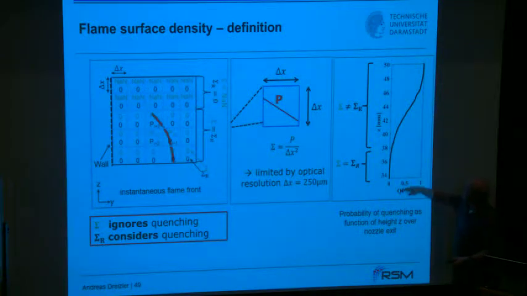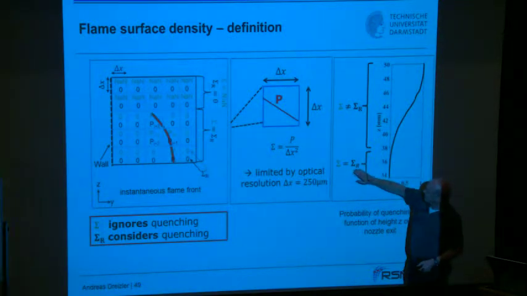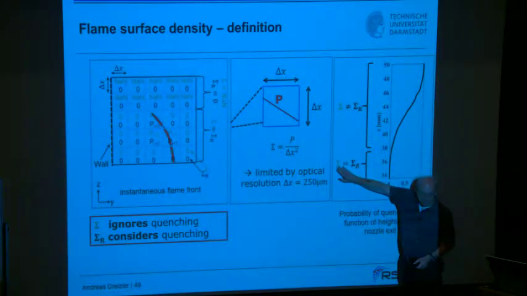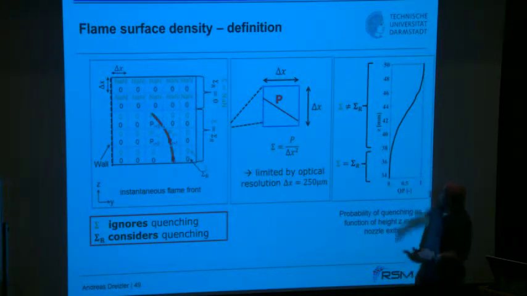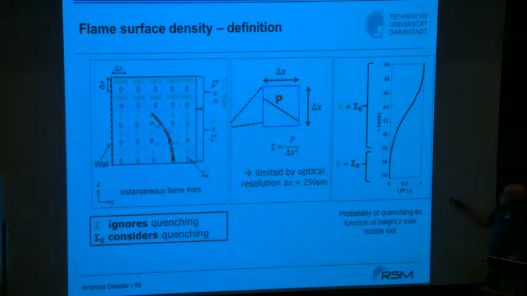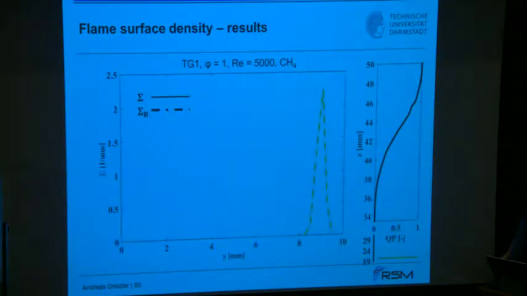If you now go to the area where you have no quenching yet, the conventional definition of the flame surface density would be the same as the reactive one, but when you have quenching, of course, there will be a difference, and we will see what the difference looks like. And so what I show now is the conventional and the reactive flame surface density shown here